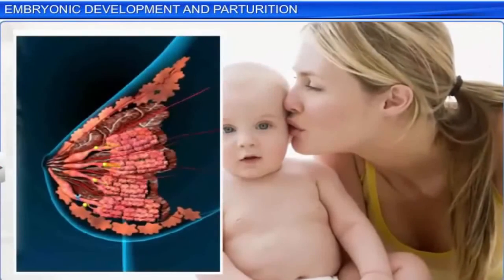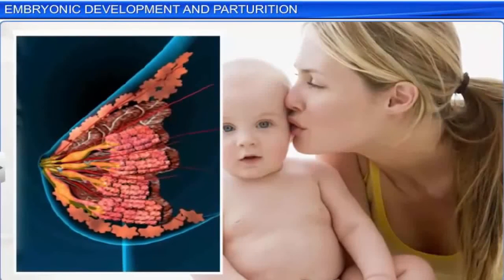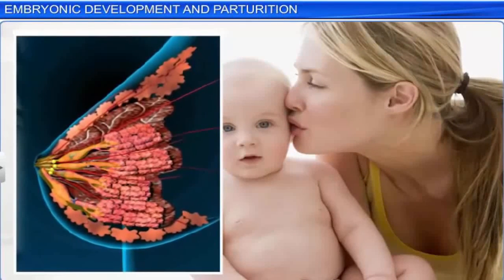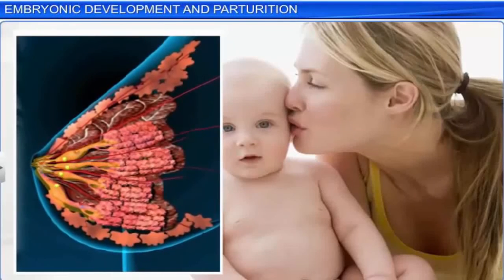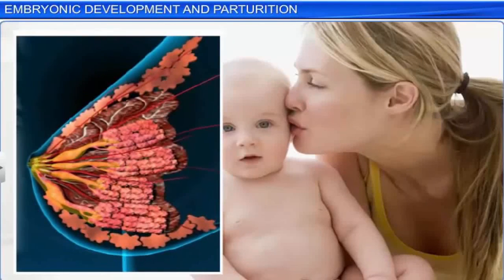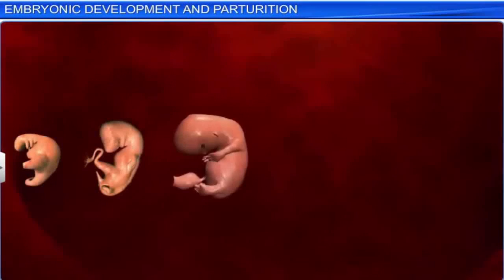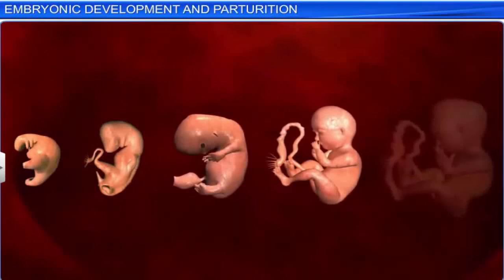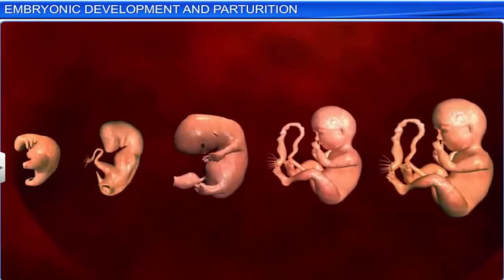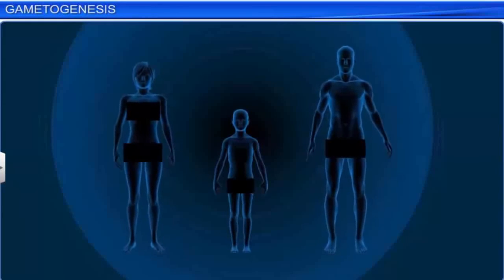Soon after birth, the baby needs to be breastfed by the mother as early as possible. This is because immediately after parturition, the mammary glands start secreting colostrum, a form of milk that is rich in antibodies and improves the immune system of the baby. Every baby thus begins its journey as a zygote, which develops into a fetus over 9 months. Reproduction, an important process in